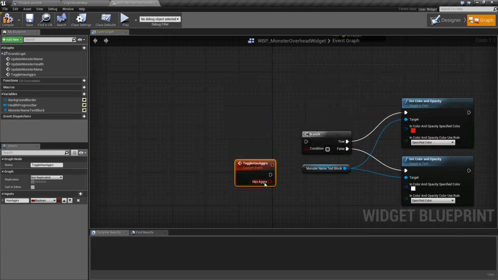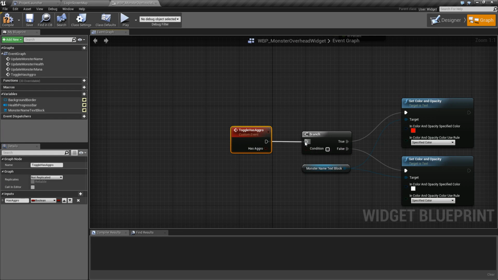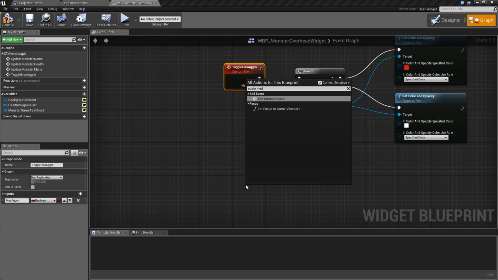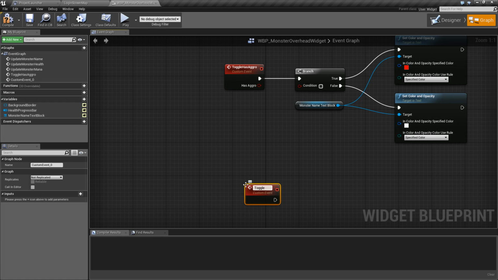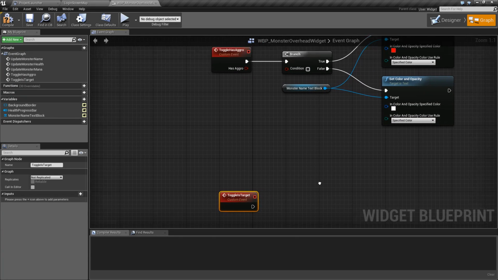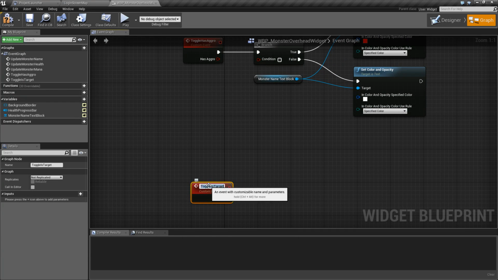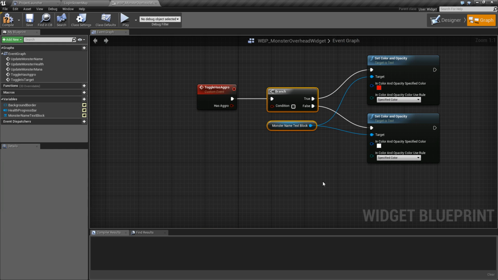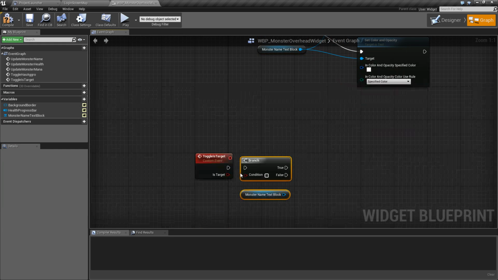Or, okay, let me do something. Custom event, toggle has target. Toggle is target. I'm trying to think of ways of visually doing this. And we're going to is target. We'll do the same thing we did here. What I think I'm going to do is,